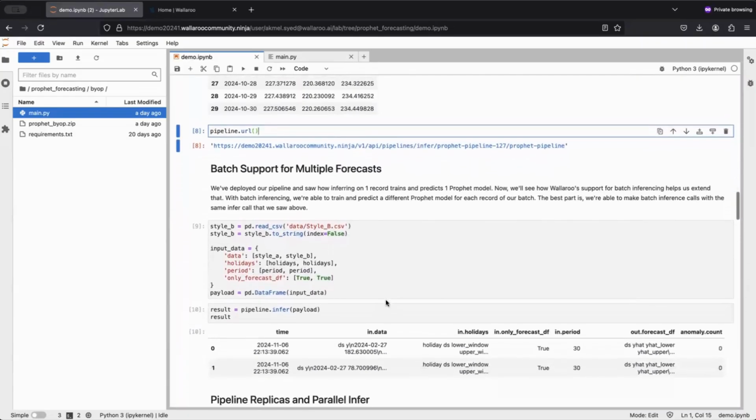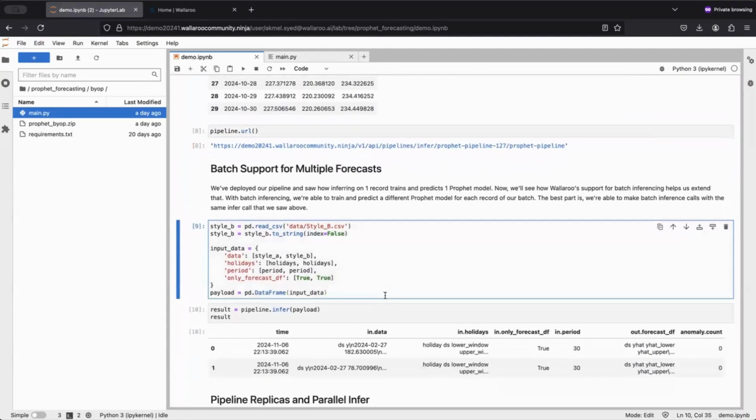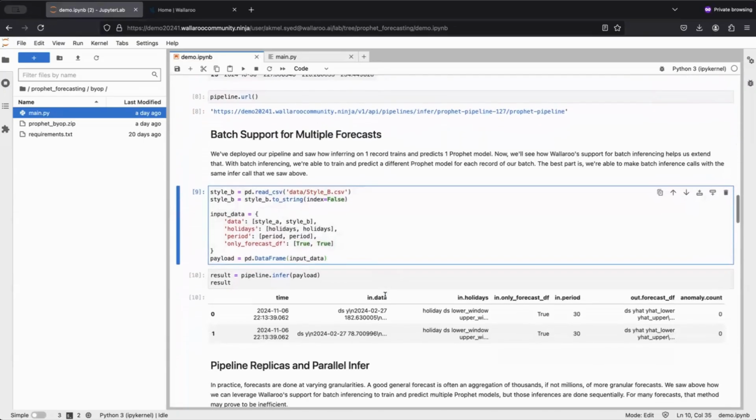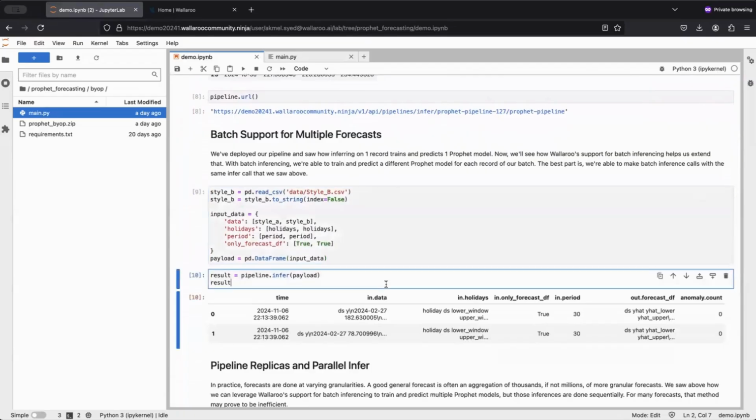But what if we need to scale this to handle multiple models? That's where Wallaroo's support for batch inferencing comes in. With batch inferencing, we can train and forecast a bespoke Prophet model for each record in the batch. The best part? We can use the same infer function we saw earlier to handle multiple records in one call. By inferring on a batch of records, we get a separate forecast for each record returned. And that's how Wallaroo's batch inferencing enables us to efficiently extend our pipeline to train and forecast multiple bespoke Prophet